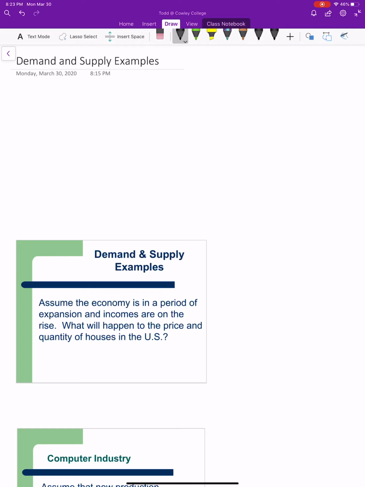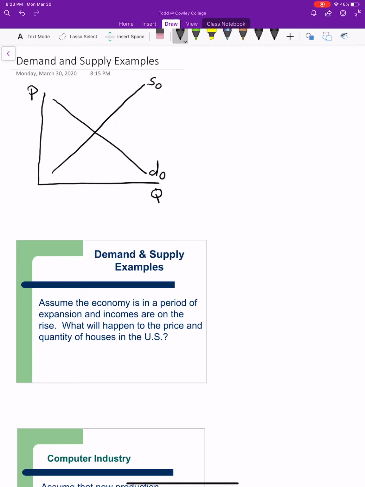So what you want to do before you even read each one of these examples, the graph that you want to start out with will be one that looks like this. You want your quantity on the horizontal, your price on the vertical axis. Go ahead and draw yourself a downward sloping demand curve, mark it with a D naught. Now remember, we don't know starting out whether it's going to be a demand or a supply shifter. So we're marking it D naught because it could be a demand shifter. And your upward sloping supply curve, mark it with an S naught,